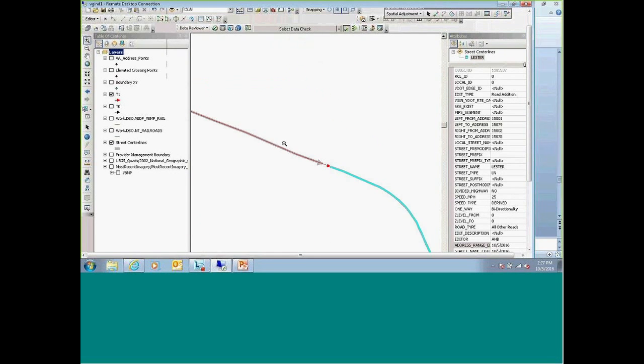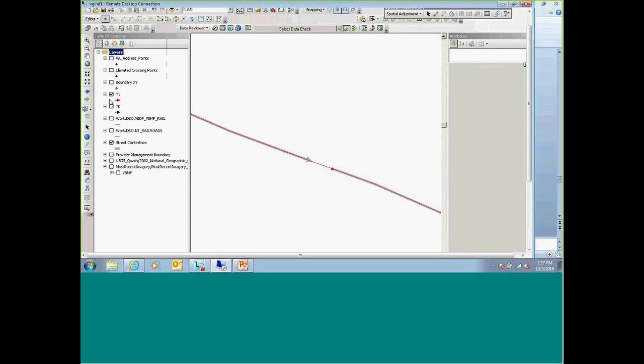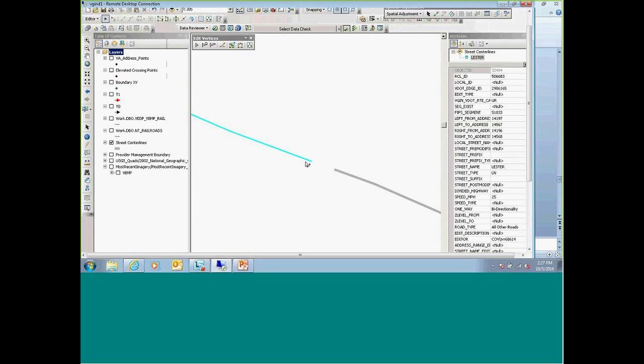But you also have to be careful. They've also extended this line as well, and they could also have changed the address ranges. So you need to be cautious, because anytime I feel like I need to transfer attributes, I will do it, just to be on the safe side.